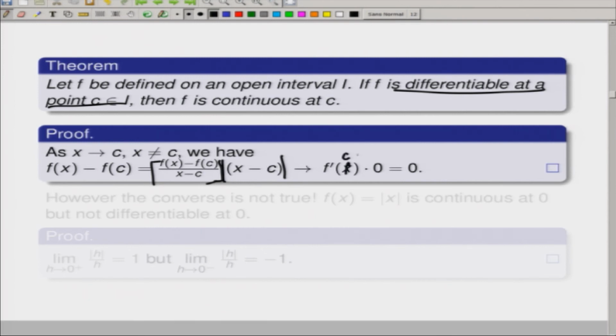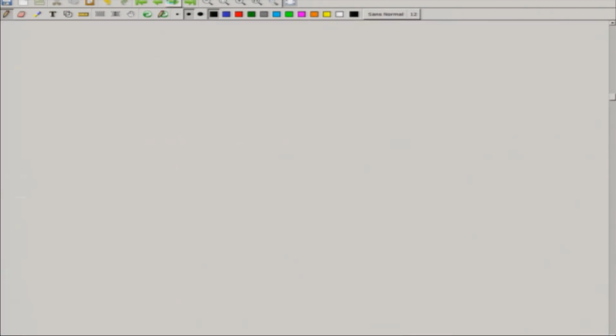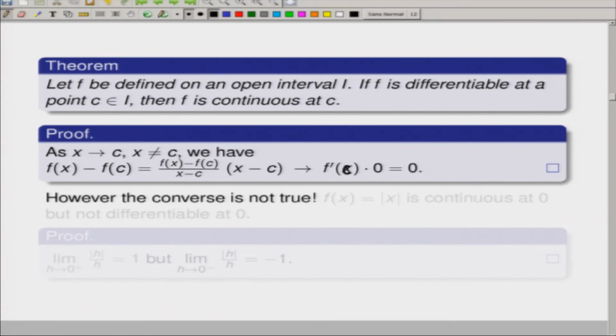So, this goes to f prime of c into 0, which is equal to 0, as x goes to c. However, the converse may not be true. Now, intuitively we have also seen this when we are talking about Newton's sense of